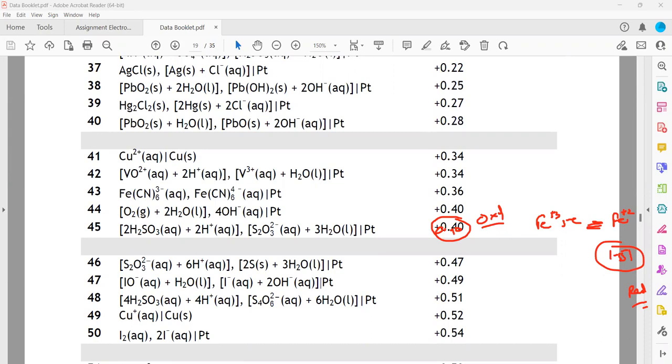So just use the electrode potential mentioned, like the cell volt, or you can also calculate a cell voltage by the same reduction minus oxidation. So if it is reduction, it is 1.51 minus oxidation 0.40. Again, you will get a positive answer. I think iron 2 to iron 3 was 0.77, not 1.5. I guess it was 0.77. Yeah. So the same idea, 0.77 minus 0.40. So this will give us